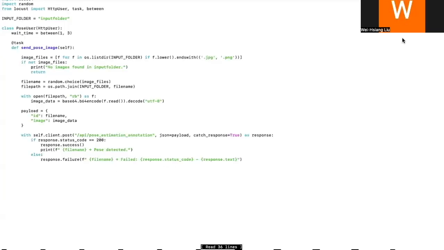In this part, I will introduce our load testing script. Locust in Python is a user load testing framework to simulate users sending pose requests to our API. The class PoseEstimationUser represents a virtual user. When the test starts, each user randomly selects an image from a local folder, encodes it in base64, and sends it to the API pose estimation endpoint. The payload follows the required format with ID and image, and the request is sent using